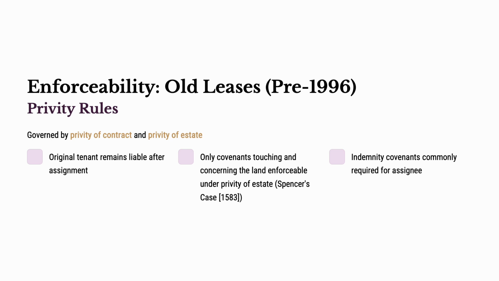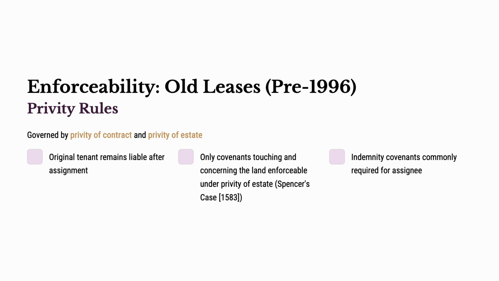term, even after assignment. If the original tenant signed the lease and the assignee defaults, the landlord can sue the original tenant, who remains contractually bound under privity of contract. This creates significant complexity. Original tenants may remain liable for breaches occurring years after they assigned, committed by assignees they have never met in their life. This harsh rule created commercial problems, particularly for original tenants of long leases. 999 years, you have sold it, and someone knocks on your door after 70 years, or you get some notice after